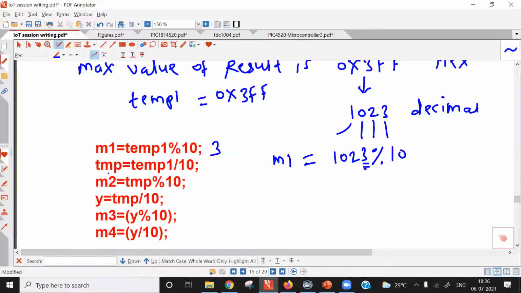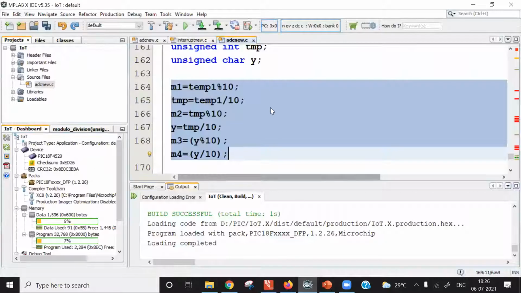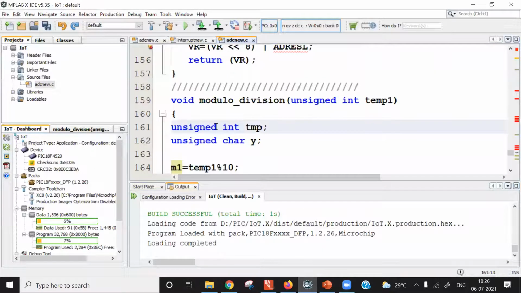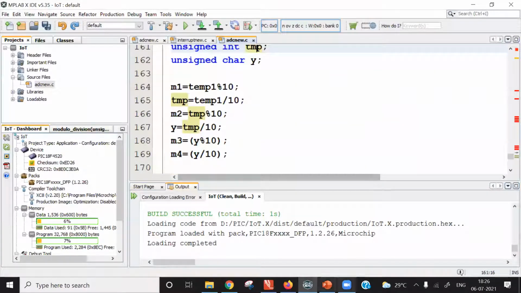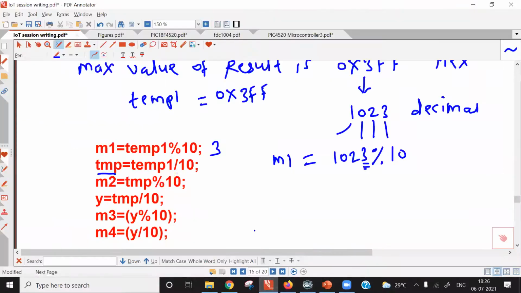Then the next instruction is variable temp. In this code, variable temp is integer. It is declared here, unsigned integer temp. Now what I am doing here is, temp is equal to temp1 divided by 10. Temp1 is dividend here and divisor is 10, and this is our conventional division.